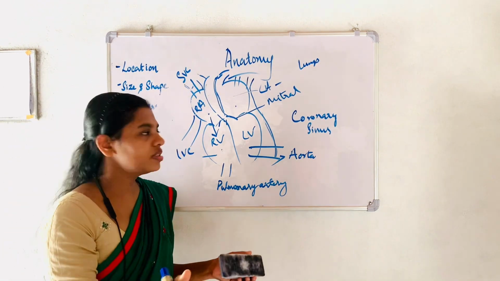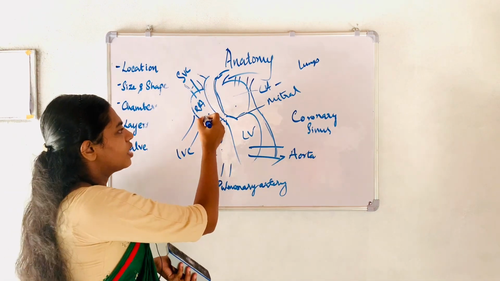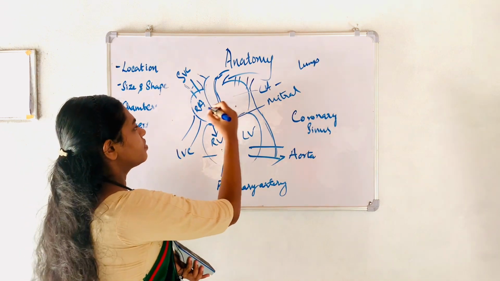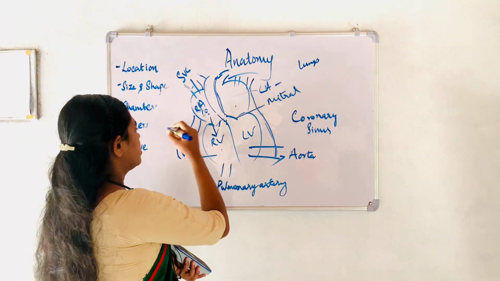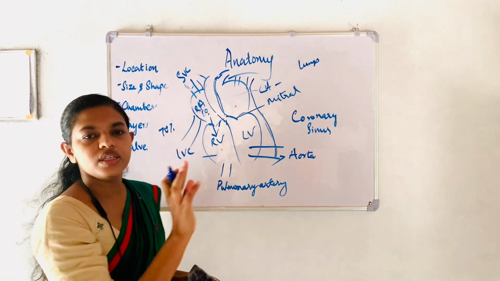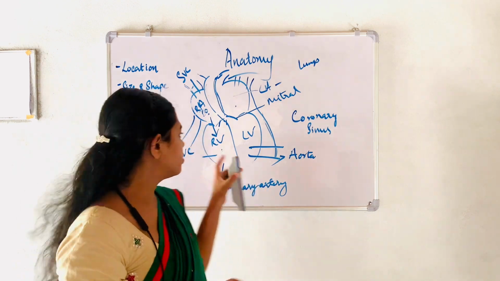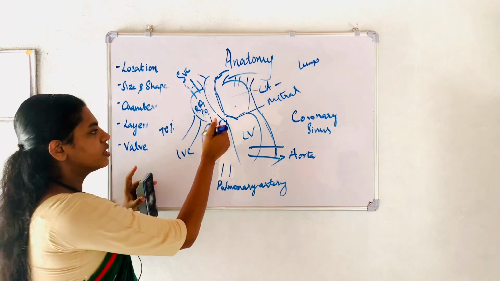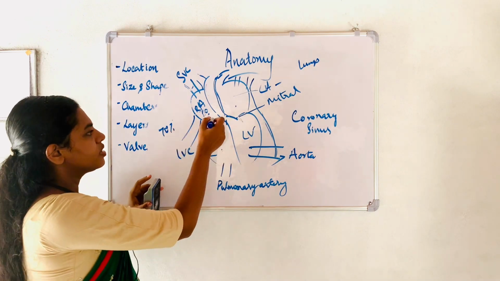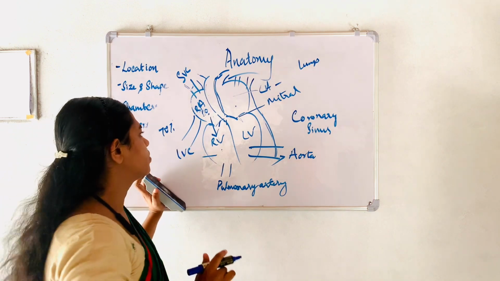So what happens is, when the SVC and IVC drain to the RA and coronary sinus drains to the RA, 70% of the blood is drained without any work by the atria. Atria don't have to work much to push the blood. Okay, when this tricuspid valve and mitral valve open, 70% of the blood will come by itself. That is, there is a passive flow of blood.